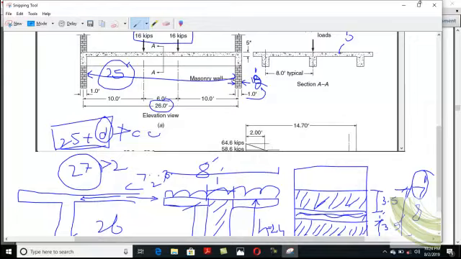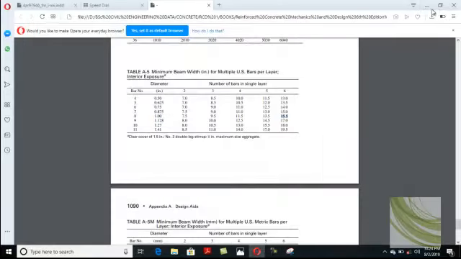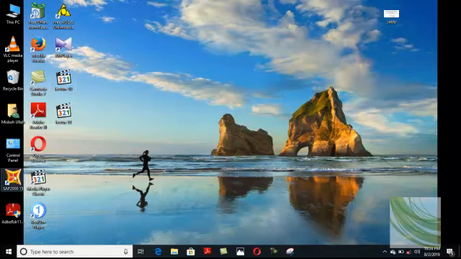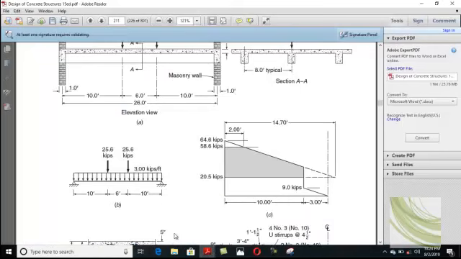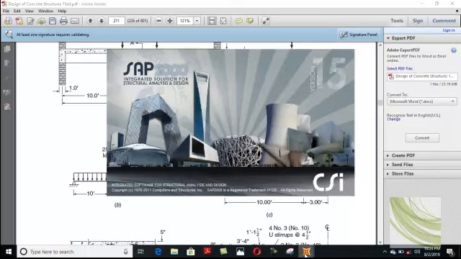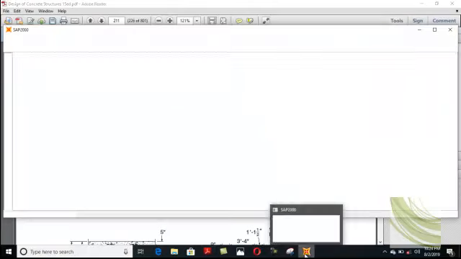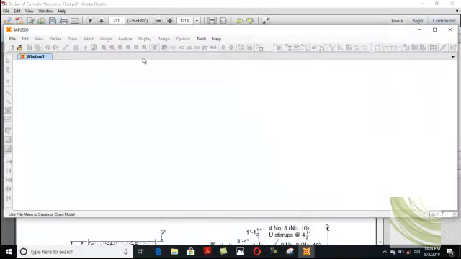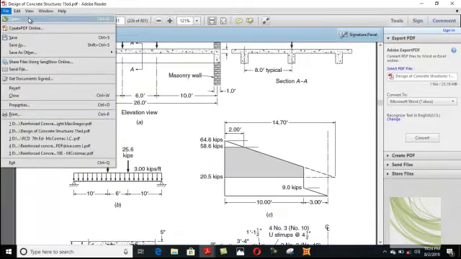So let's see what the results are. Clear? Basically, this is the shear force diagram for half span. Okay, and if I draw this diagram,